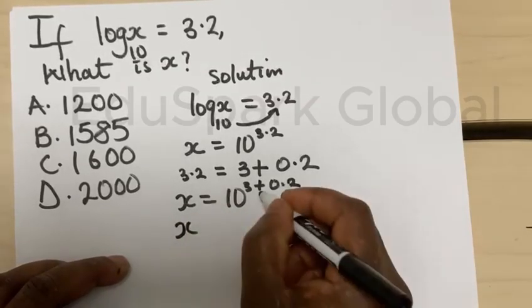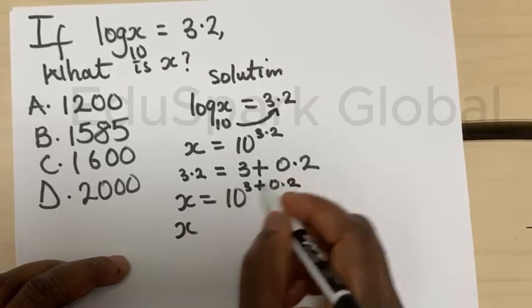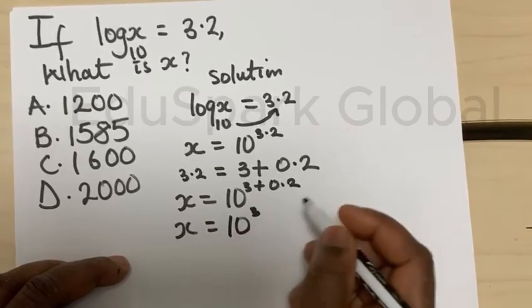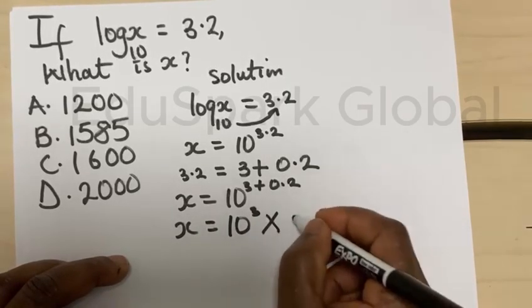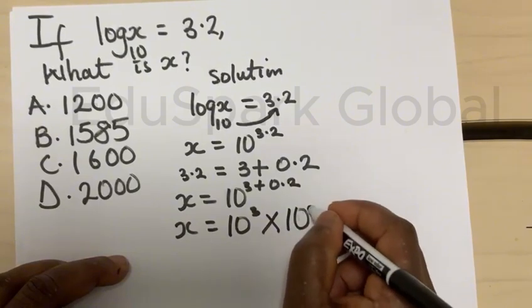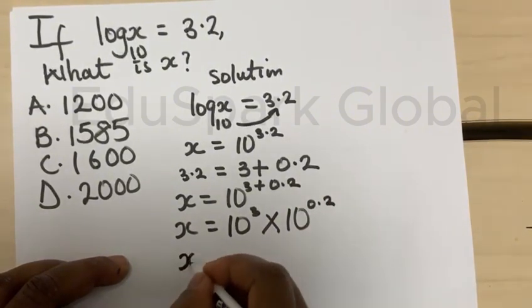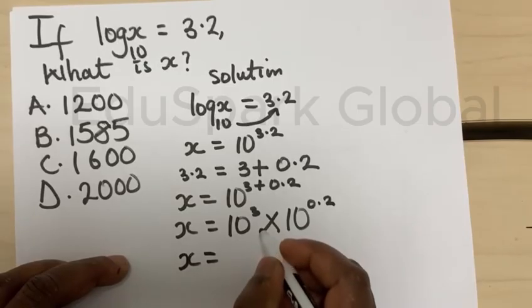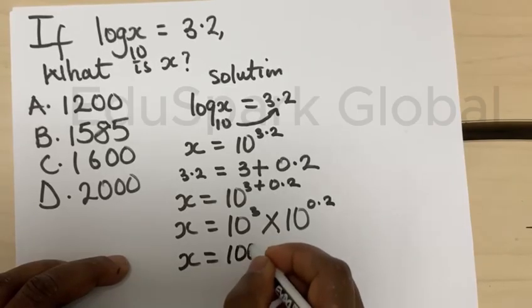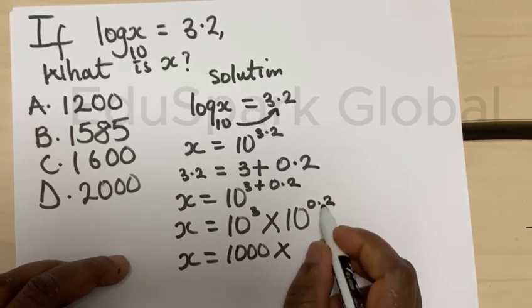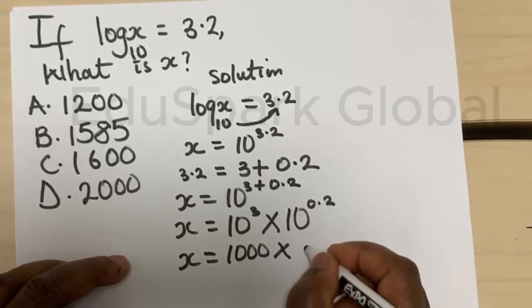So x, because of this addition sign, equals 10 to the power of 3 multiplied by 10 to the power of 0.2. So x equals 10 to the power of 3 will give us 1000, multiplied by 10 to the power of 0.2 will give us